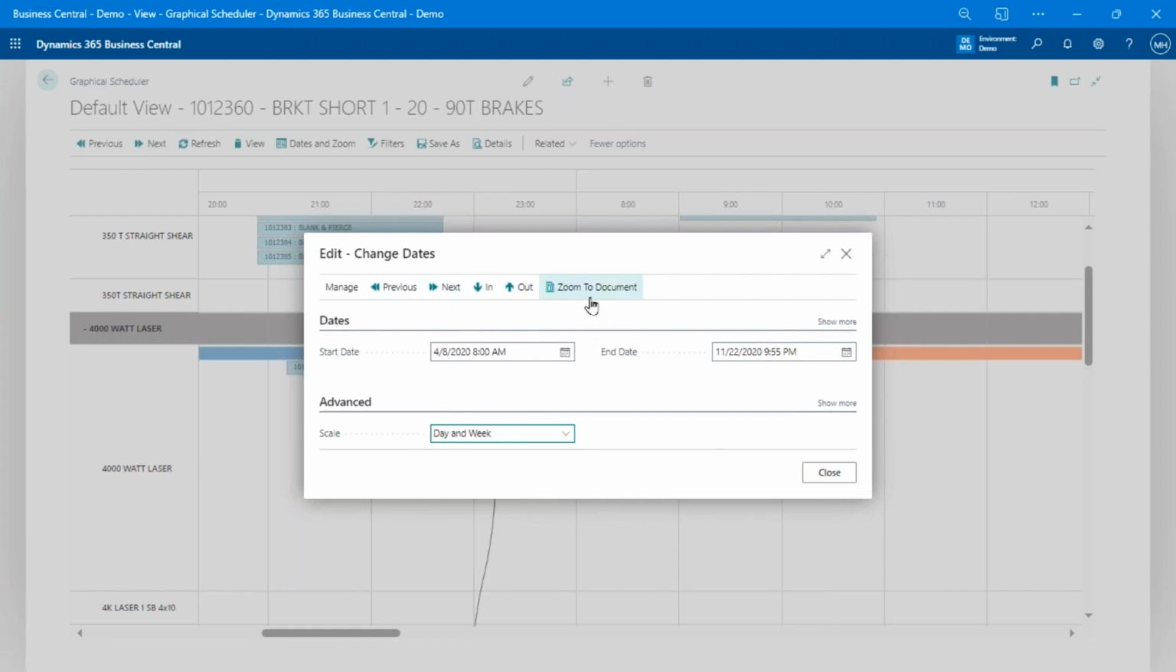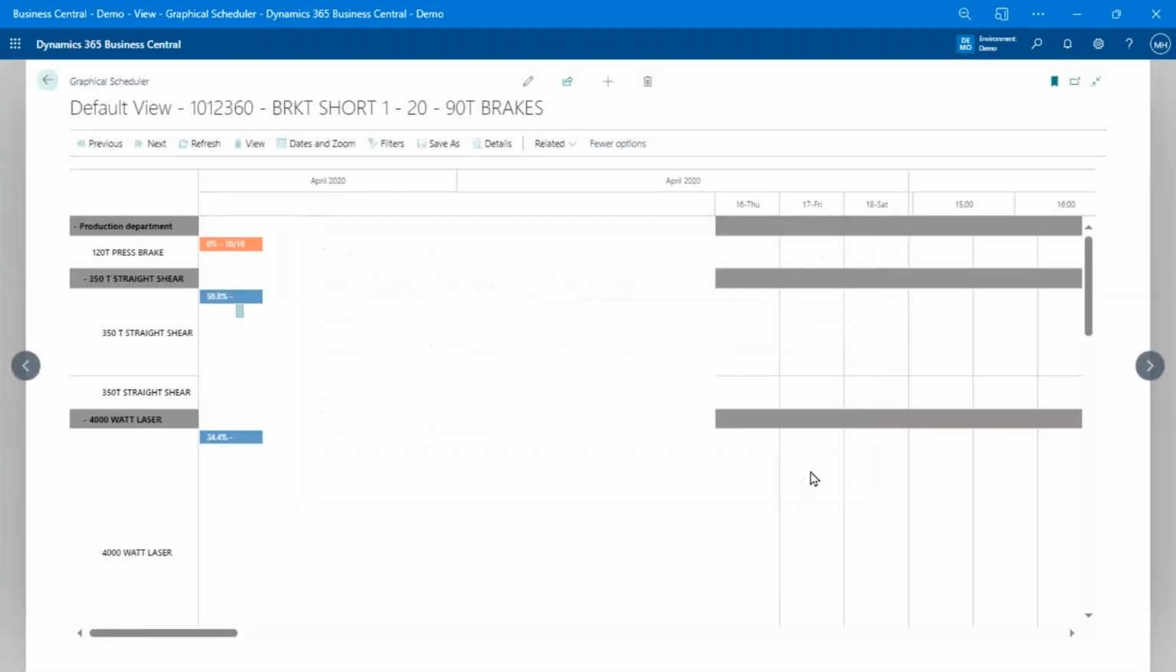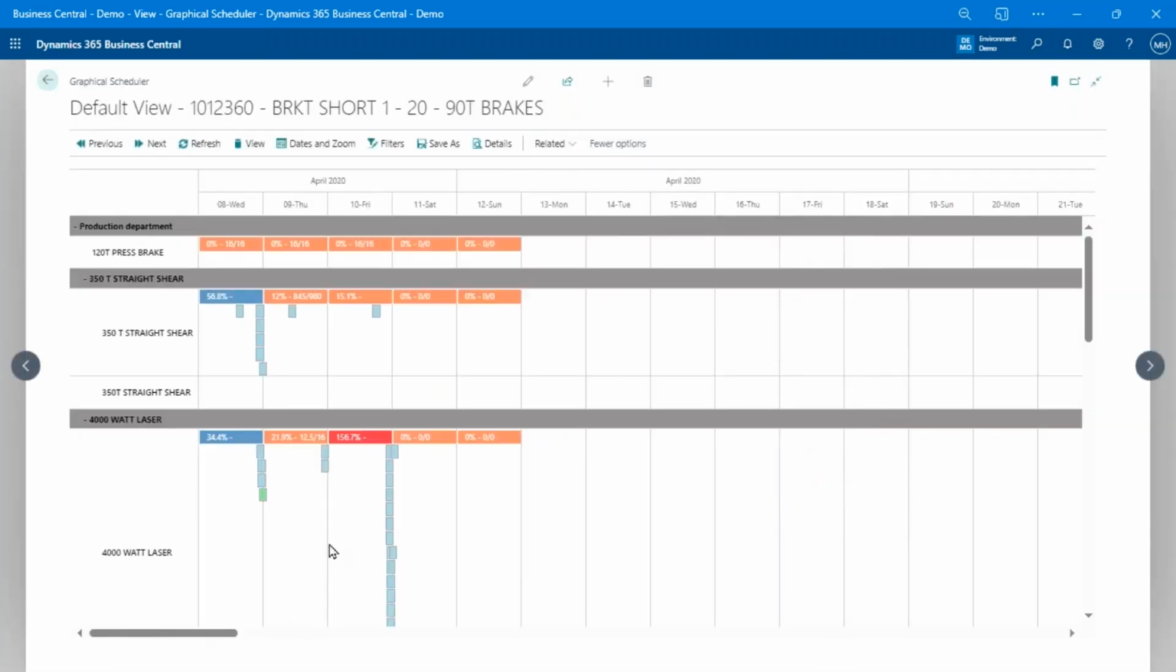But here I can actually come in and change my zoom level or just use the buttons here, or zoom to the specific document, which means that whatever production order I have selected or whatever I have selected in this view, it'll just zoom that date range to incorporate or to show me everything related to that document. I'll just change this to day or week. And now we can see